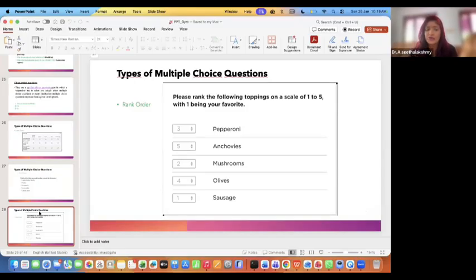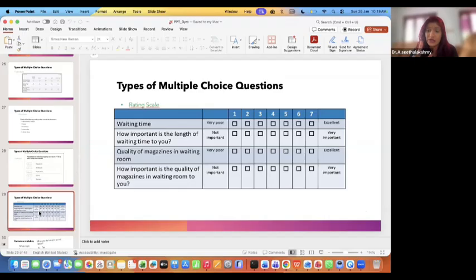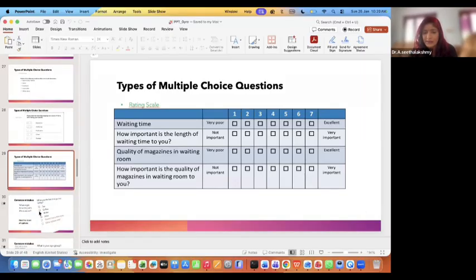You can ask them to choose the rank order based on the higher prioritized one. We can have the questionnaire in this aspect, or you can have questionnaires based on a rating scale. Just like a ranking scale, you can have a rating scale also. It's up to you how you want them to answer. But keep in mind this thing.